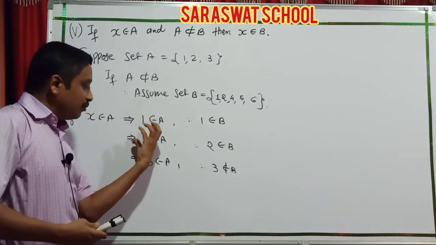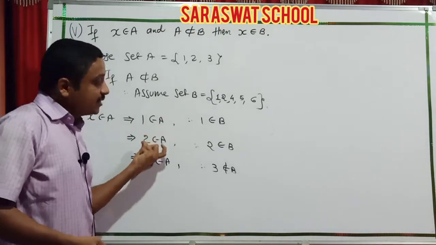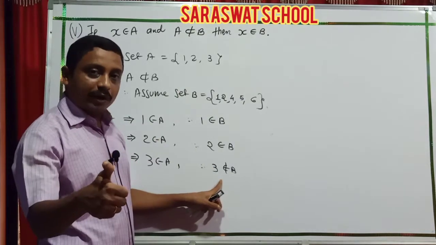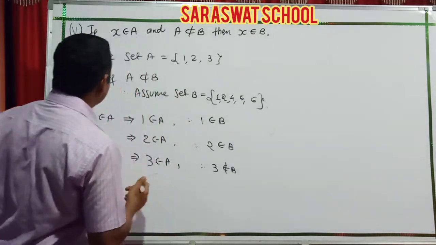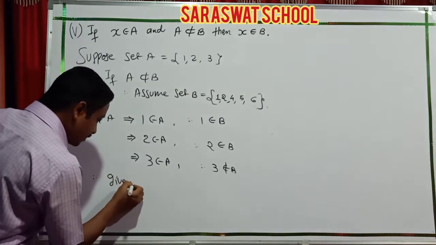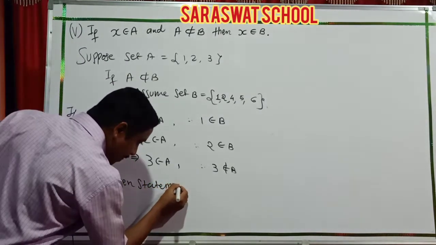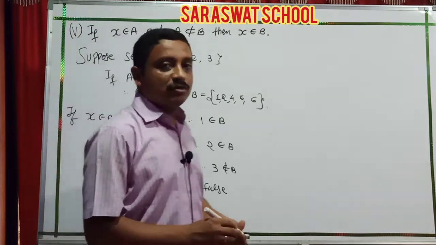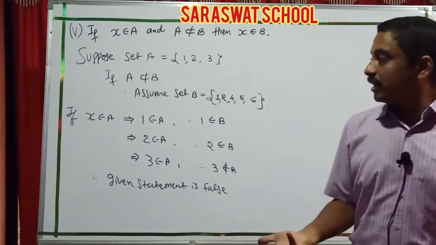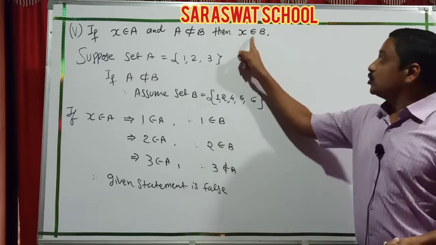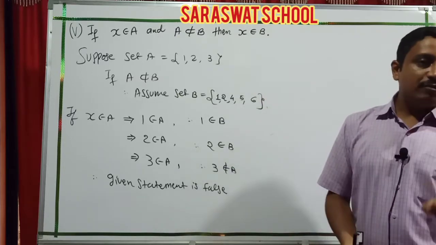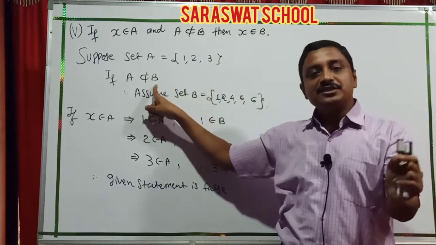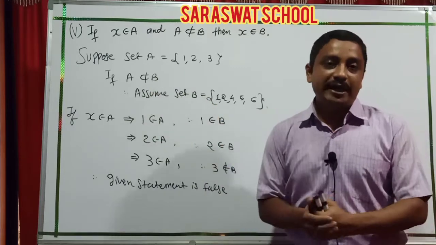If 1 belongs to A, 2 belongs to A, 3 belongs to A, and the same are present here, therefore it would be true. Here 1 member does not belong because it is not a subset. Therefore finally the given statement is false. Students, you can also try different numbers, and then you can easily prove here also that X does not belong to B. For different numbers also it is possible here, students, but the condition must be satisfied, and in that way you apply this numerical.